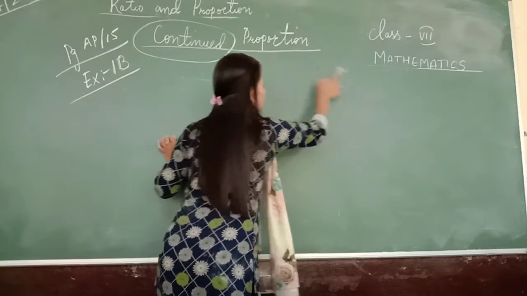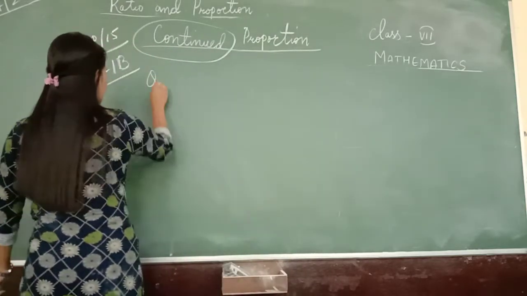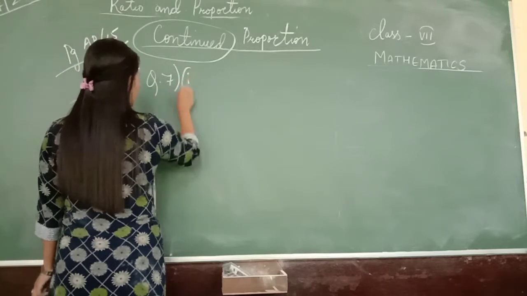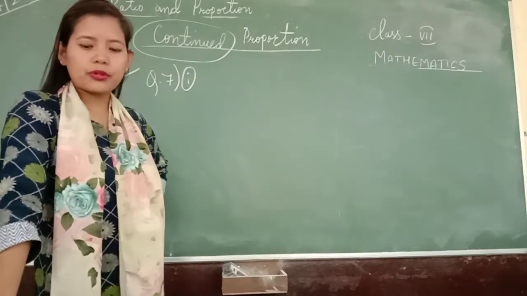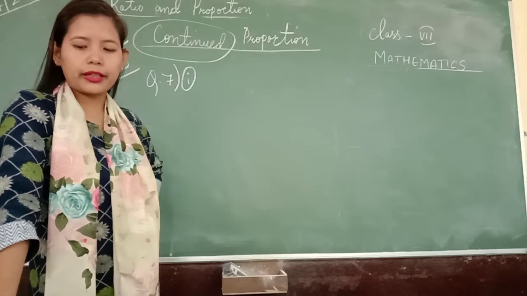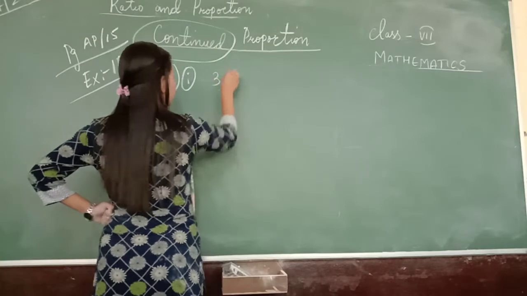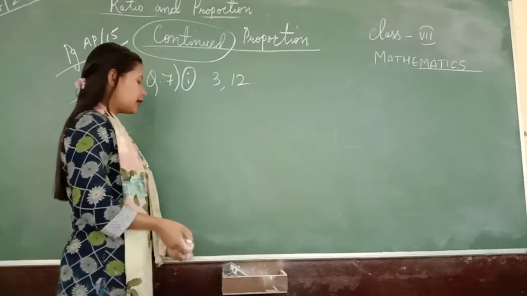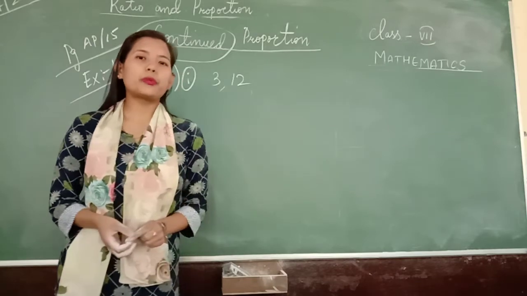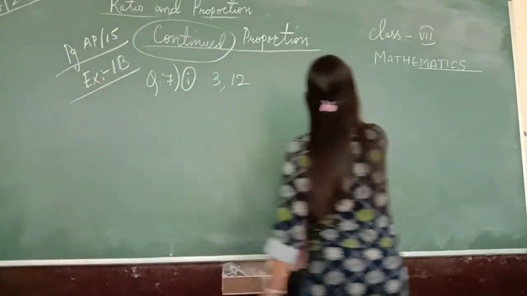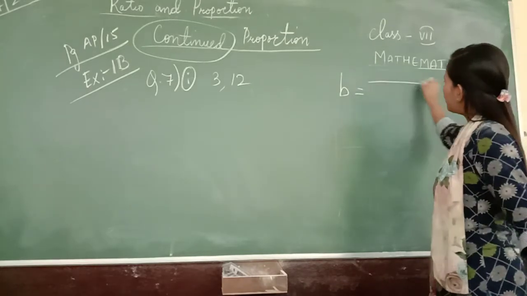Now with this, let us find the mean proportional. That is question number 7. Question number 7 in your textbook says: find the mean proportional between the quantities in each pair given below. You have a pair of numbers given, and you need to find the mean proportional. So what was the mean proportional? The term B was called the mean proportional, and it was given by this formula, right?